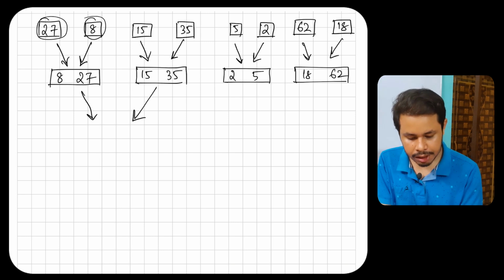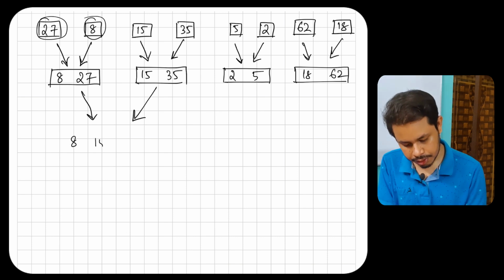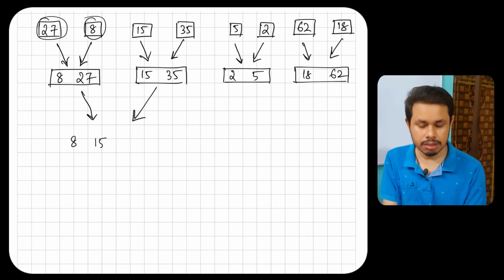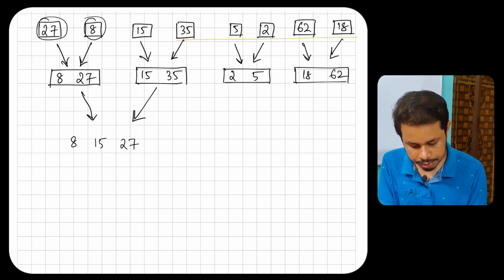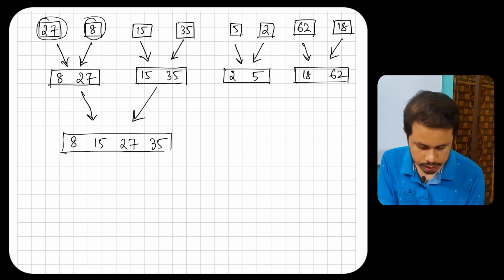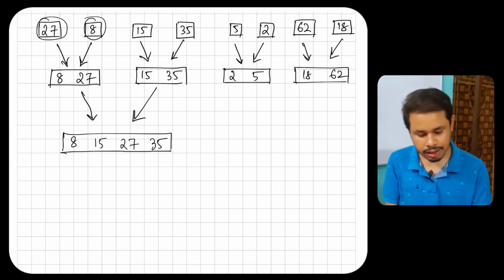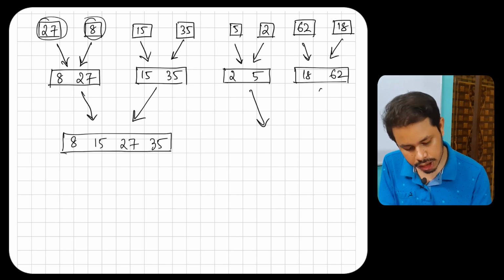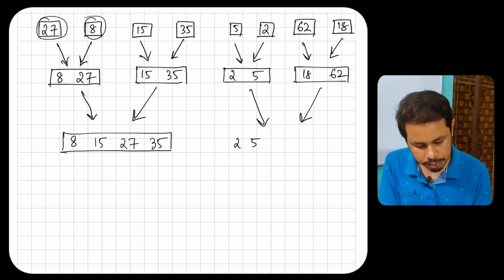What would it have? 8 versus 15, 8. Then we can shift the pointer here. 27 versus 15, 15. Then we can shift the pointer here. 27 versus 35, 27. What do we have left? 35. So the entire array having 4 elements, which is already sorted, we have got 8, 15, 27, 35, right? What can we do? We can merge these two arrays together in the same fashion. It would be 2, 5, 18, 62,